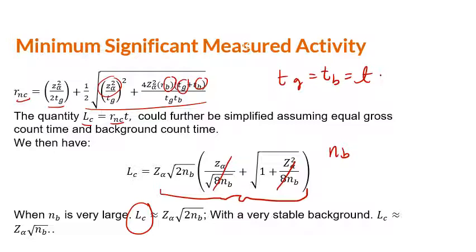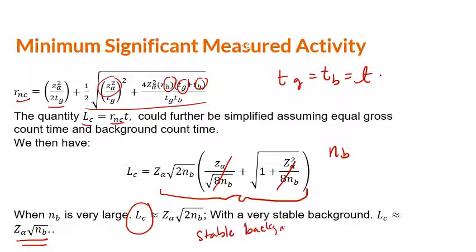So your LC is approximately equal to Z alpha times square root of NB. So mas mababa yung ating threshold for your LC. Okay, so if you think about it, yung stable background, medyo consistent naman yun sa idea natin